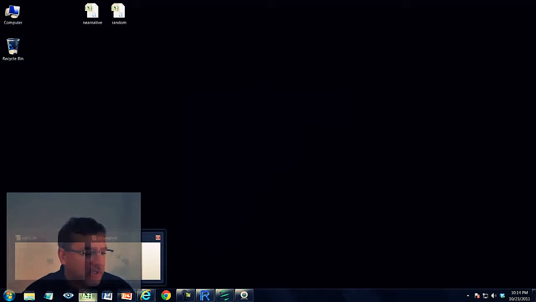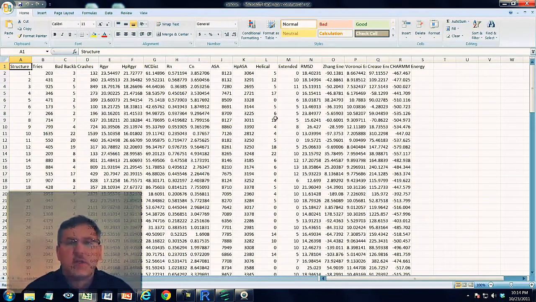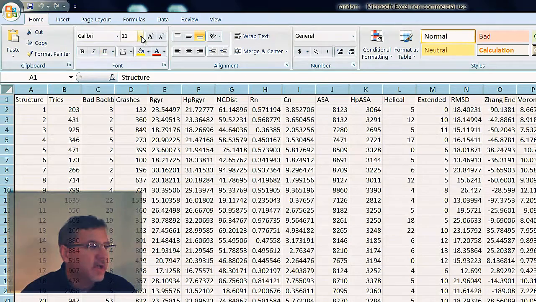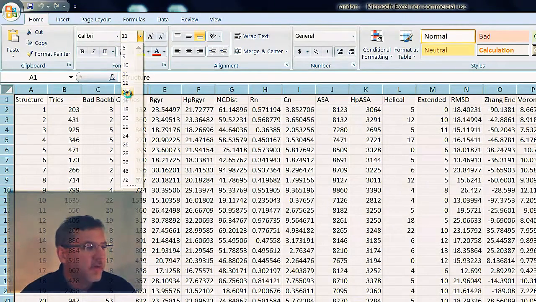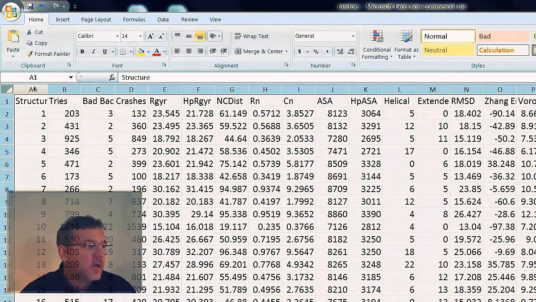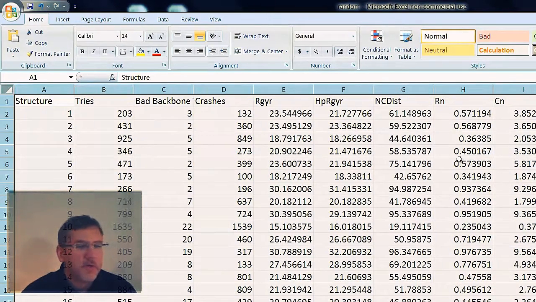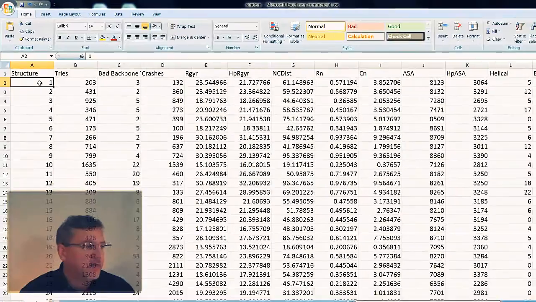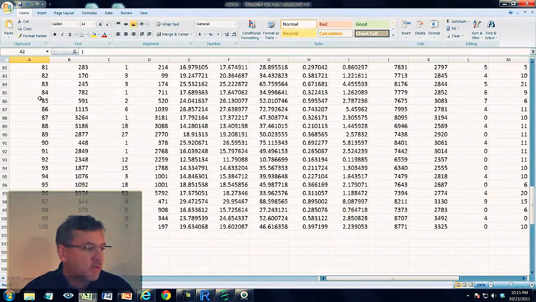And one of the issues that people often have when they want to start doing statistical analysis in R is that they've already tried to do some work in Excel. Here's an Excel spreadsheet with my data in it. Let me just increase the font size here so you can see it a little bit better, and increase the table sizes so you can see the headers. So this is a data set that corresponds to a series of structures that have been generated that are random in size, and there are 100 rows in this